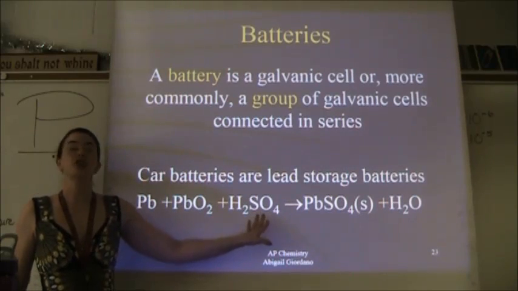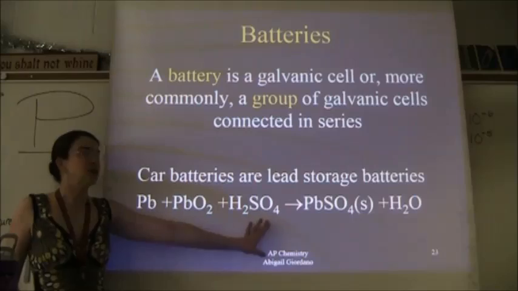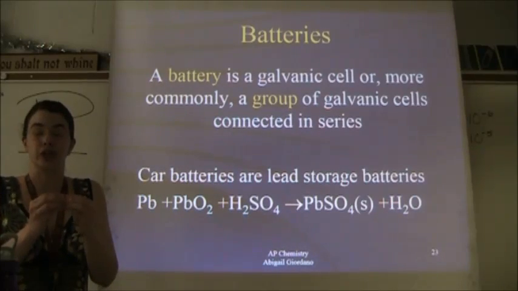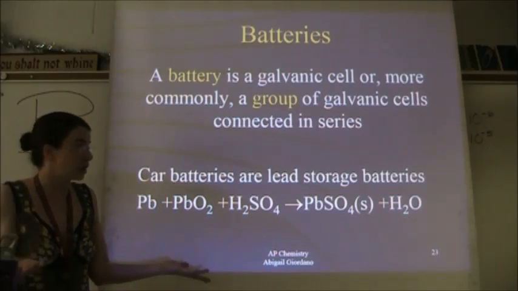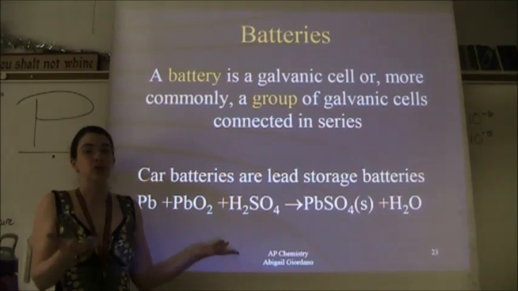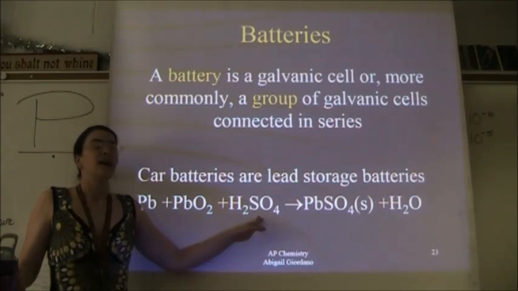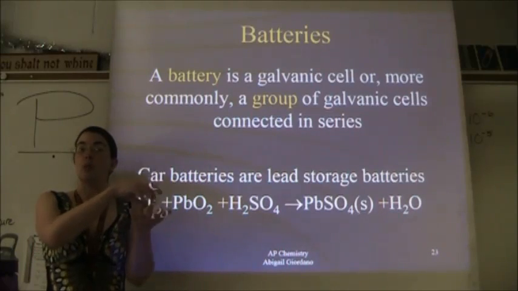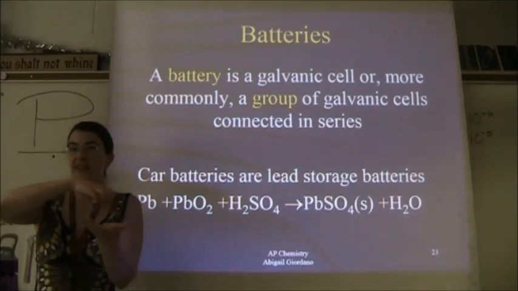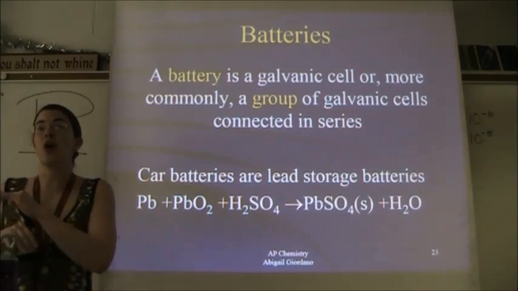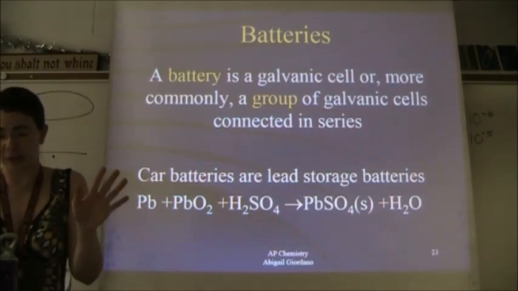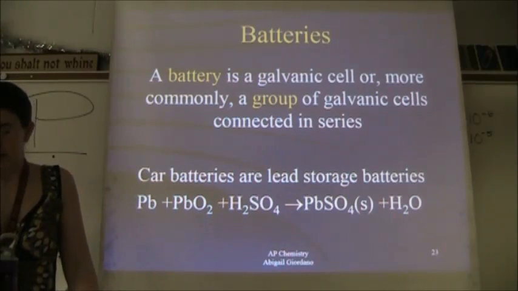Sulfuric acid. And it's not just sulfuric acid. It's sulfuric acid at a very high concentration. If you are ever jump starting a car, hopefully you're not, but chances are someday you're going to have to do that because you'll have a dead battery. If any of you ever see this white crusty stuff around one of the electrodes of your car battery, just be careful. That's going to be acidic. It can burn you. Okay? So please do not go hacking into your batteries because that's just a bad idea. Okay, now,